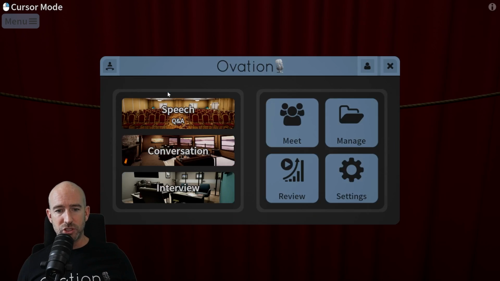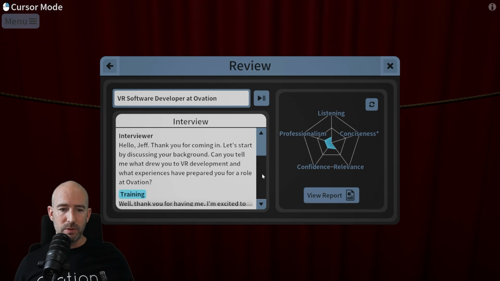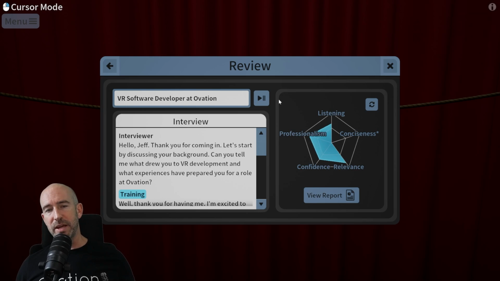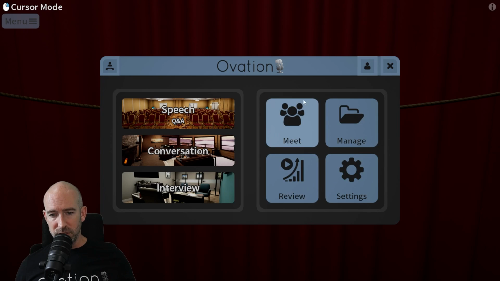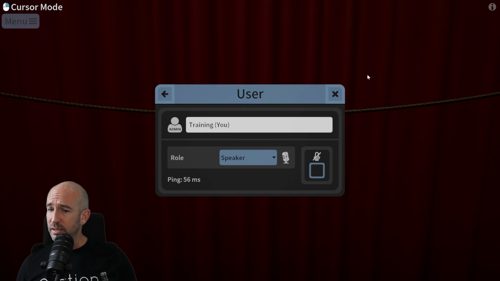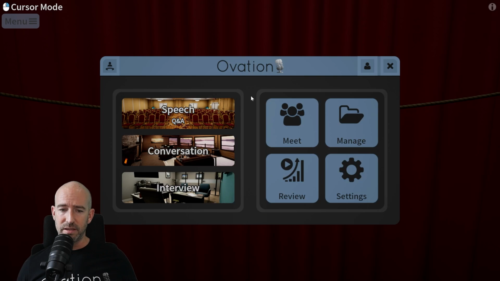Okay, I'm going to go back to the main menu here. And the review menu is simply going to pull back up the review menu where I loaded the, in this case, the interview previously. So those are the 4 things on the right-hand side of the menu here. You can also access your own user menu just by clicking this button up here. And it's similar to how I went through that in the Meet